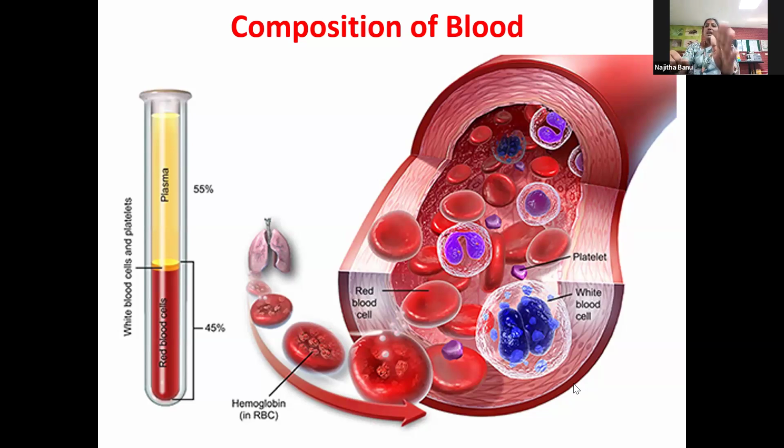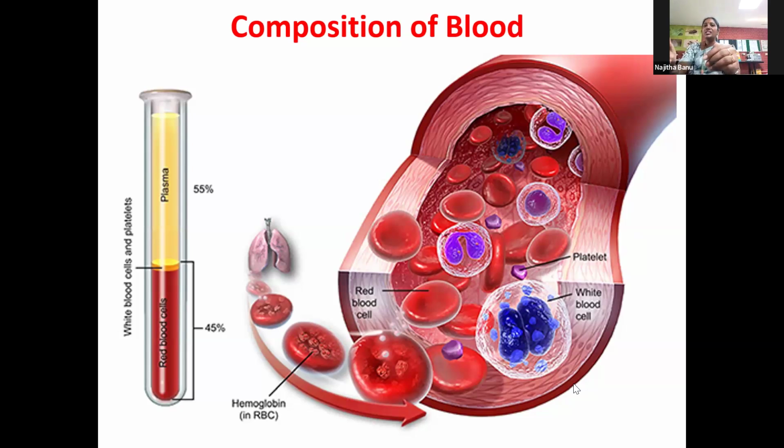The plasma is the liquid portion. What is the role of the plasma then? Plasma contains very important things, that is coagulants and anticoagulants. Simply, the coagulant is fibrin. Normally in our body, it is in the form of fibrinogen, an inactive form. When there is any damage to your blood vessels, the fibrinogen, with the help of clotting factors, is converted into fibrin. That fibrin immediately clots your blood.